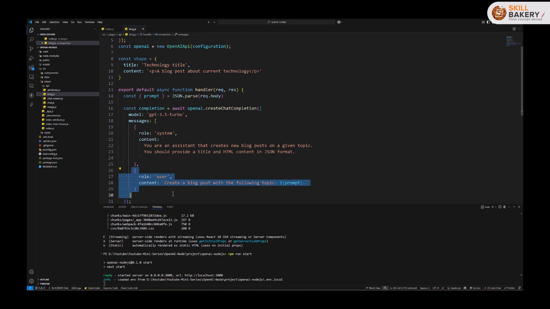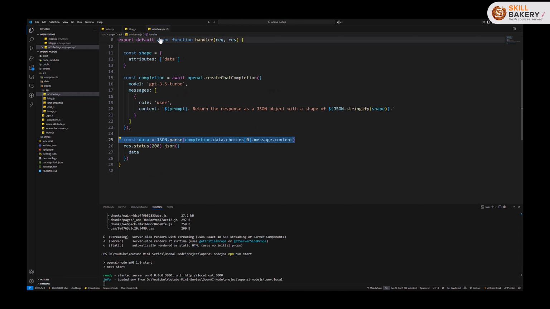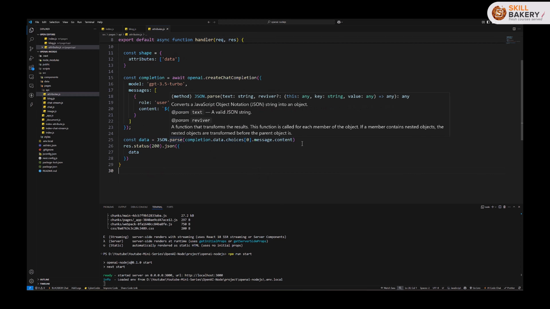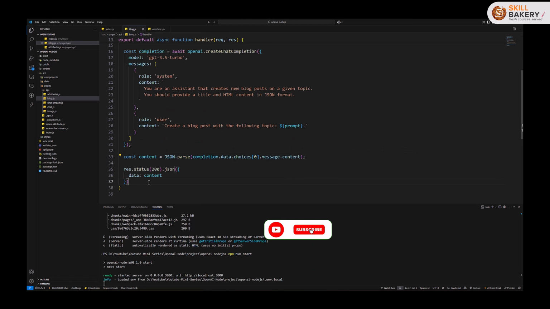And then with the user role, we are saying that the content for this is going to be: create a blog post with the following topic. So whatever topic we provide, ChatGPT will create a blog post for the same. And the output will be in this shape format. And the other stuff that you see over here is exactly the same as how we explored it earlier in our attributes file. So we are getting the content and we are simply parsing it as JSON data